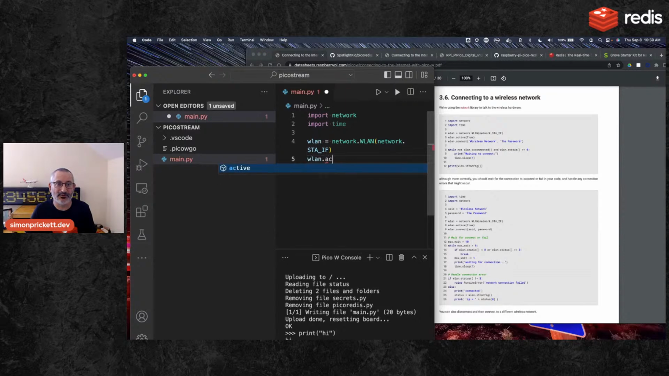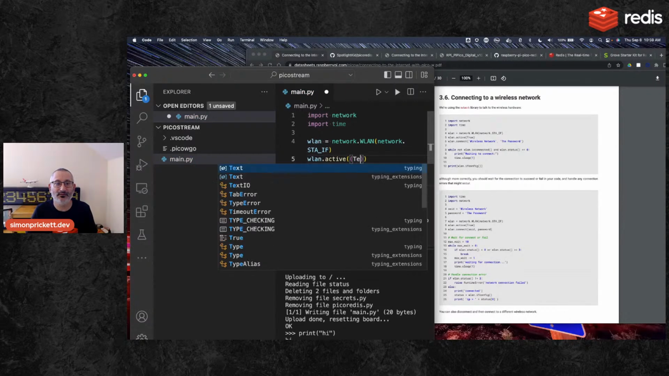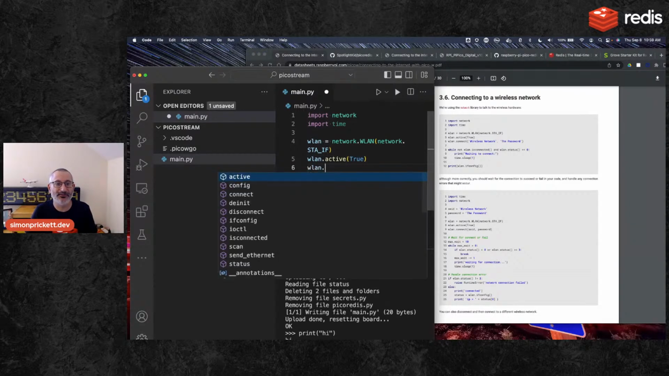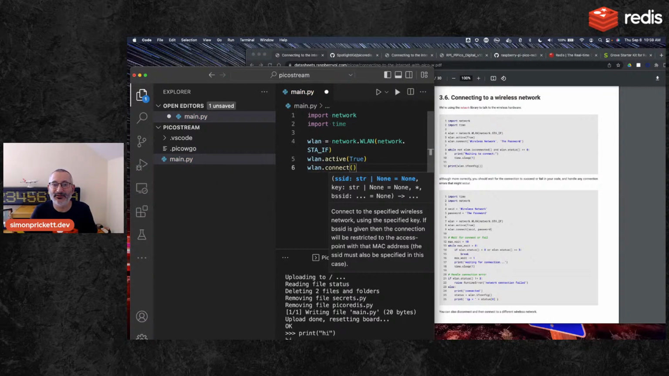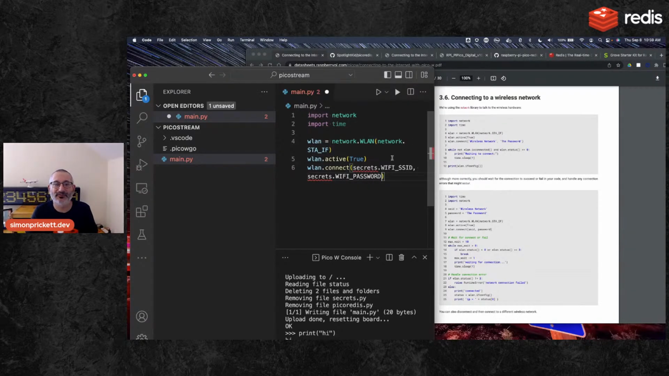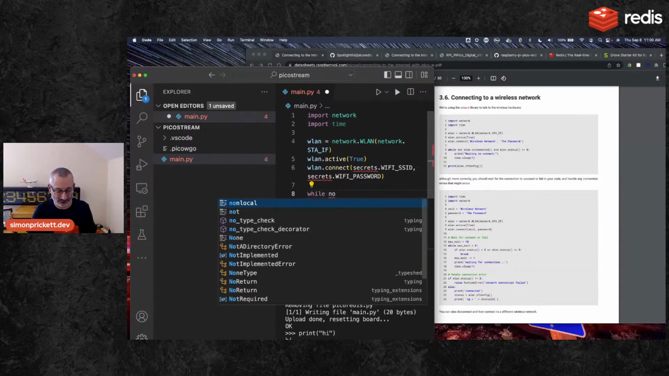We're going to turn wlan.active on, and then we want wlan.connect, and it looks like that takes an SSID and a password. So what we're going to do is let's do secrets.wifi_ssid and secrets.wifi_password. So I'm going to make a secrets file that has those things in it, so we're not sharing those on the internet. And then what I need to do is while not